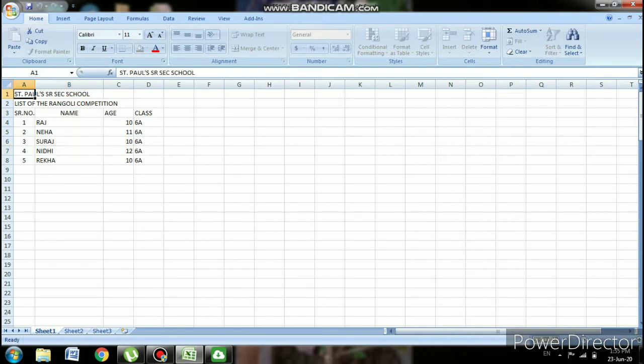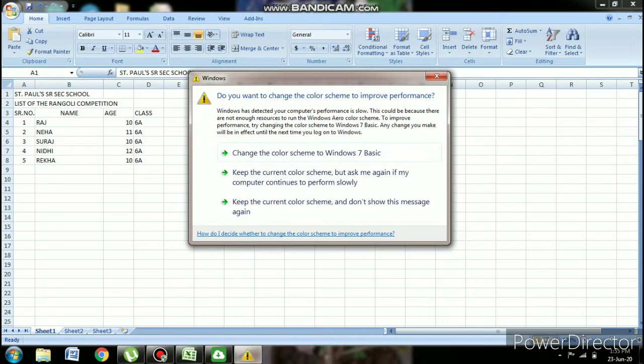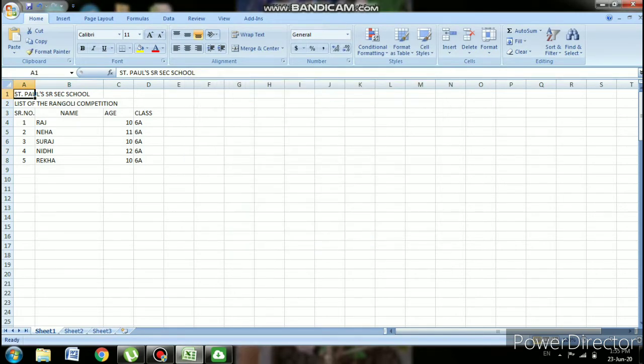In this file there are some names typed over here. If you want to search a particular name, I will start from find and search. First of all, if you want to find a particular data or you want to know where this name is typed, what is to be done? For this Excel editing and formatting, I will tell you the shortcut keys also. This will be very helpful to do quick editing and formatting.